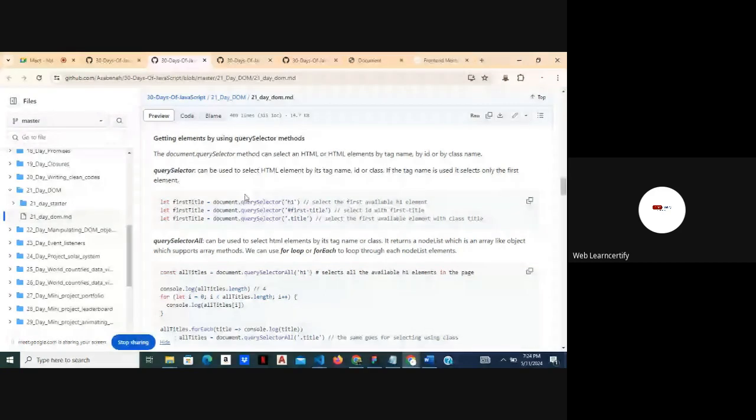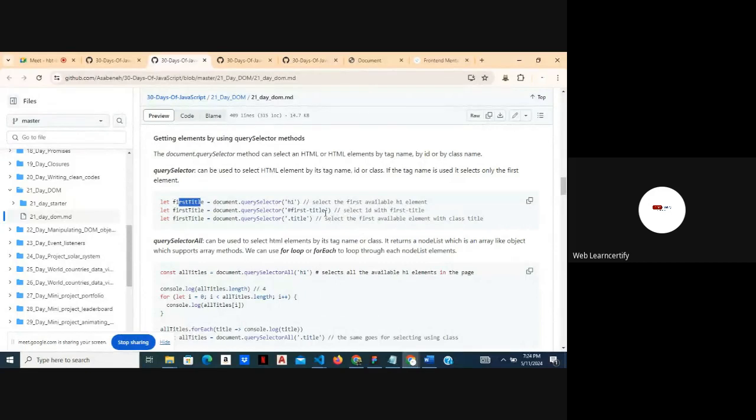All you have to do is say document.querySelector and then your parentheses. So inside here, if you want to get the element based on its tag name, you put the name inside your parentheses, in quotes. So this line, you're getting an element based on its ID, and then here you are assigning it into this variable called test title. But if you want to get an element based on its ID using querySelector,